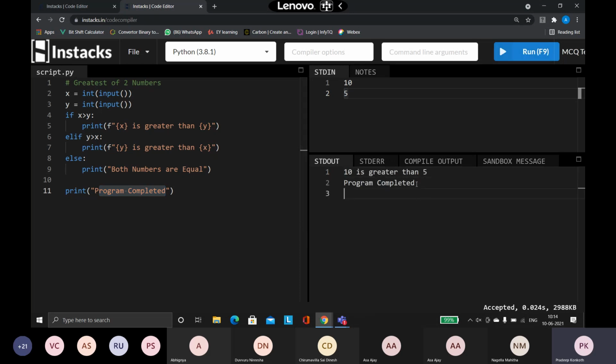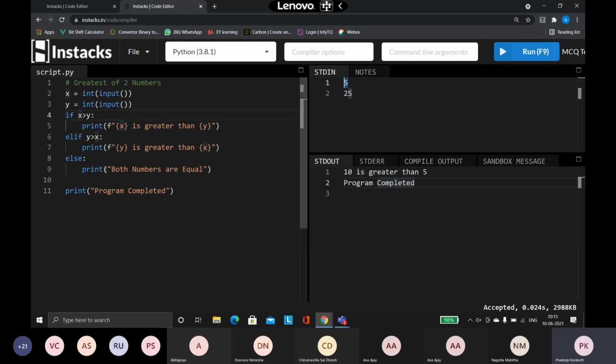See, that line is executed and then it is going to come out of this condition and print me this line. Right. So the first condition is now executed. Now checking the second condition. Suppose I am giving the number as 5 and the other number as 25. So now what is going to happen? 5 will be assigned to x and 25 will be assigned to my y variable.